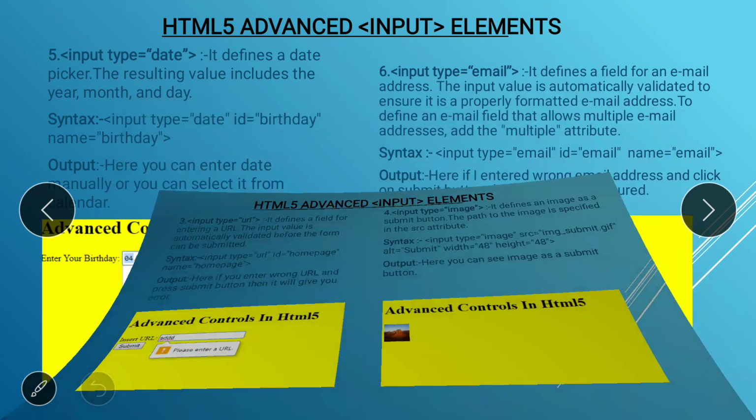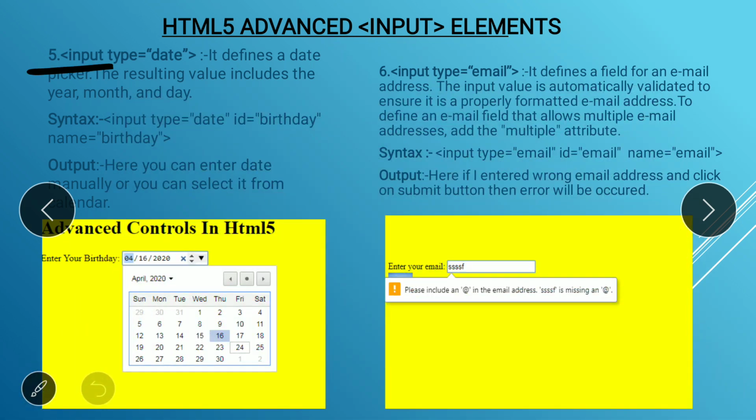Next we learn about the date, right? Date defines a date picker. You can see here, you can enter the date manually or you can select it from that calendar, and you can open that calendar from that arrow.